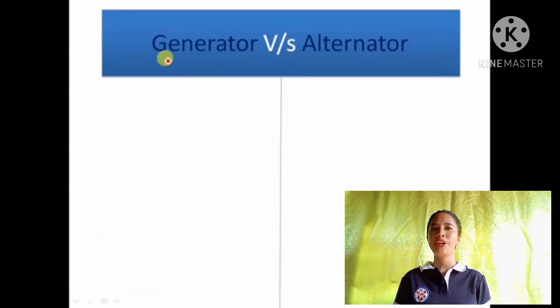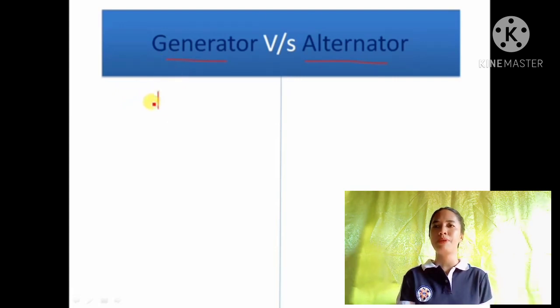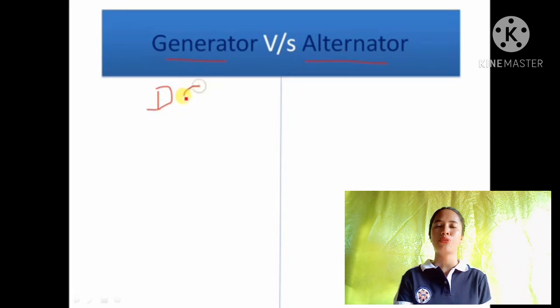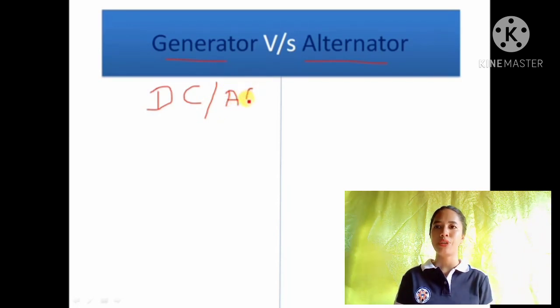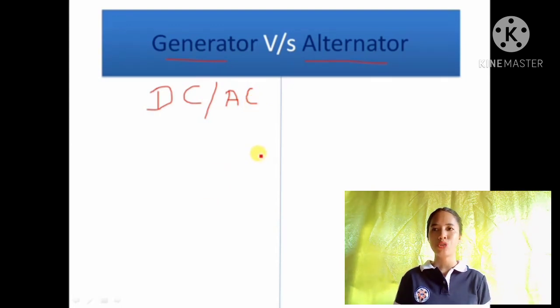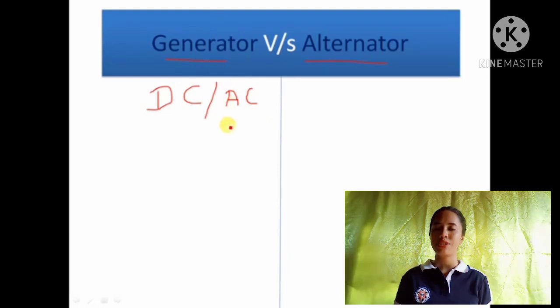Okay, so here I have written generator and alternator in both of these sections. I'm going to differentiate between them. The first difference is that by generator, we mean a machine which generates DC current. Okay, you have heard about the DC generator. A generator can also be an AC generator, which we call an induction generator, which is basically an induction motor working at certain conditions where it